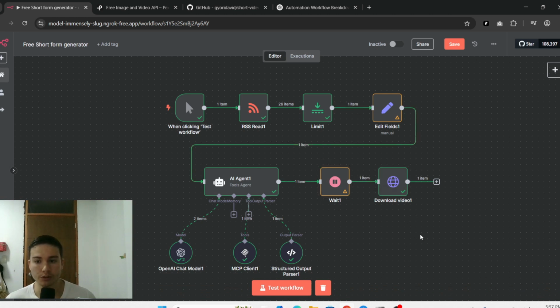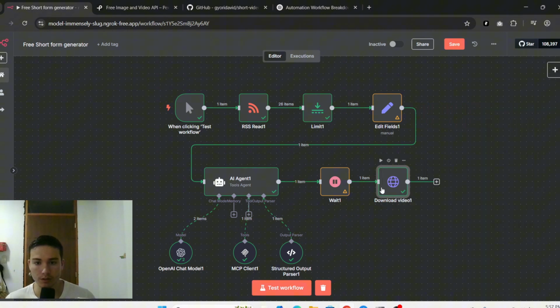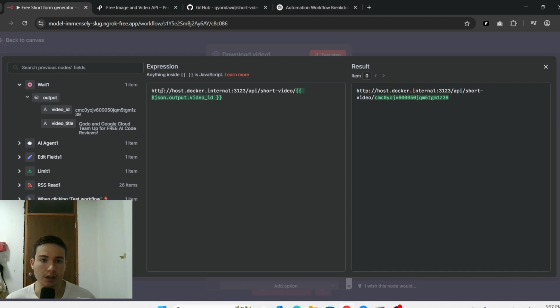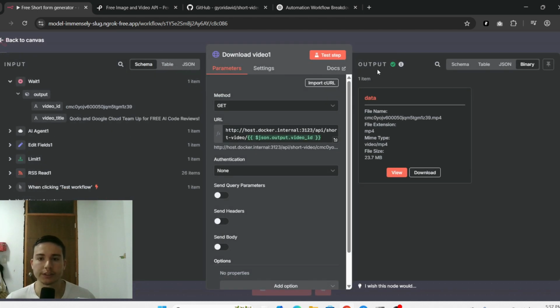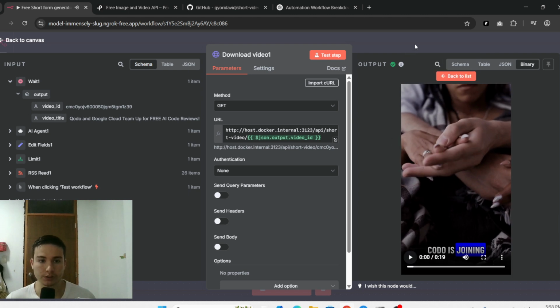So the next node is going to be an HTTP request. You are going to be using a GET method. And for the URL, we're going to specify host.docker.internal:3123/api/short-video/, and then I'm going to paste the video ID, right? Drag and drop this video ID right here, and that's it. We have our viral animations ready to go